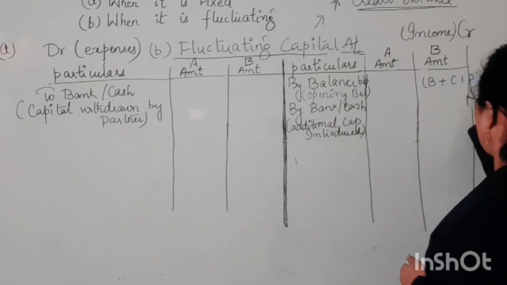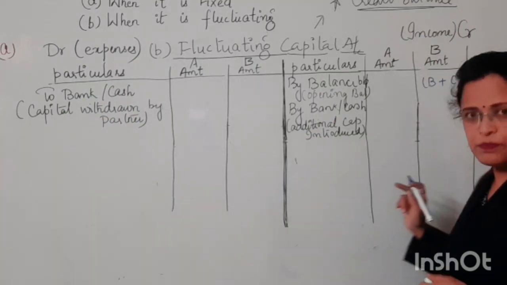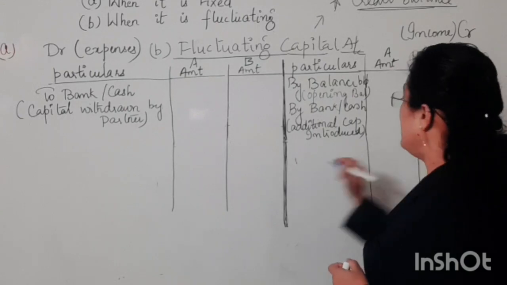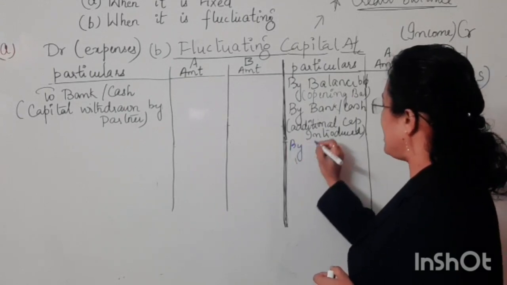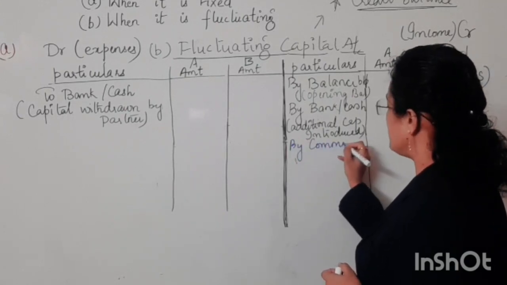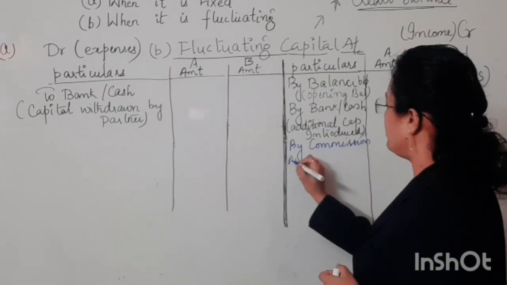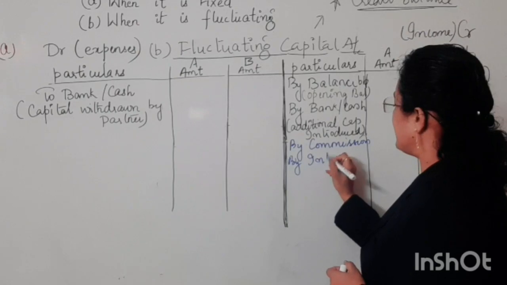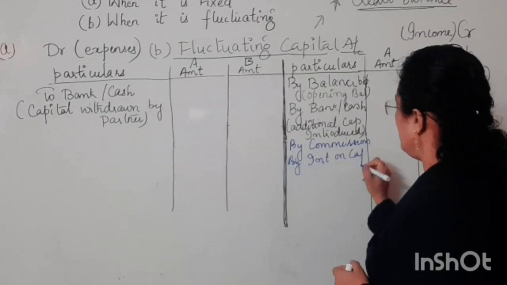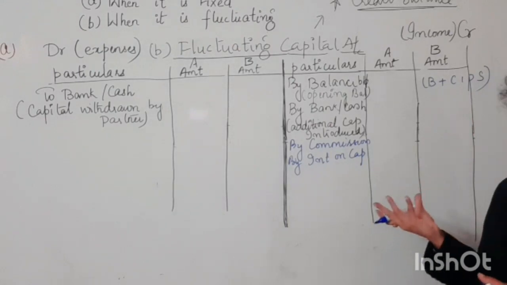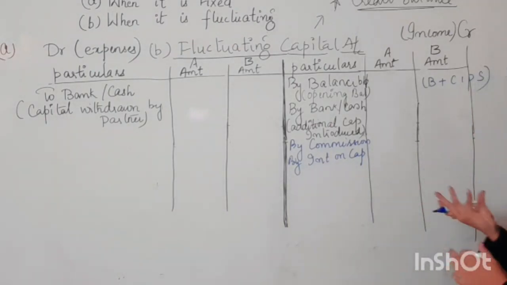So we have learned it through an acronym. For the credit side, B plus SIPS. So B, we have already taken, this balance brought down over here. In that, SIPS means we can take here the commission, which we have seen in the current account, the same thing coming over here. And I stands for the interest on capital. Again this will also be coming here, because you know that it is an income for the partner, that's why on the credit side.